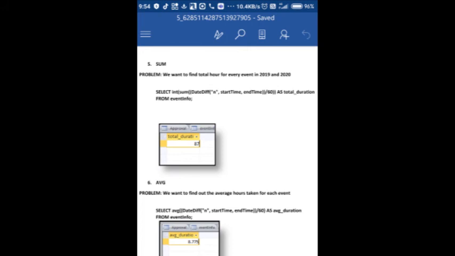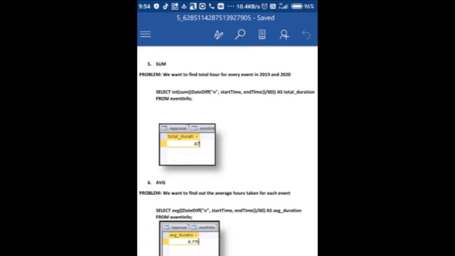Now for the last part, we will take a look at the sum. So let's say we want to find the total hours for every event in 2019 to 2020. We can use the SQL statement: select integer sum DATEDIFF(n, start time, end time) over 60 as total duration from event info.